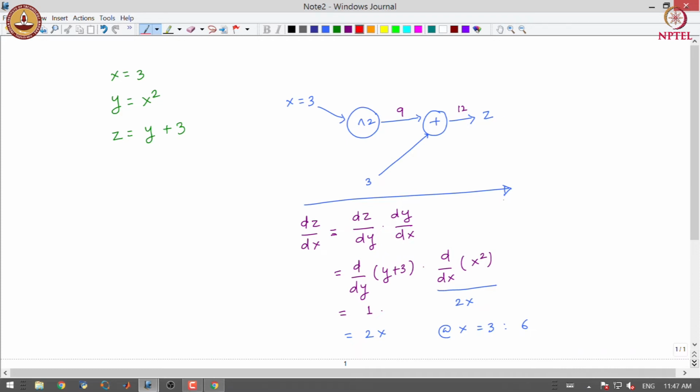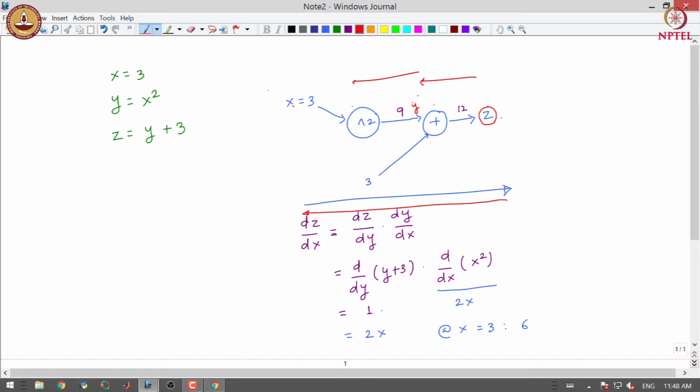This derivative computation is done in reverse mode differentiation, where we start with this variable, calculate the derivative of z with respect to y, and then calculate the derivative of y with respect to x to obtain the derivative of z with respect to x.